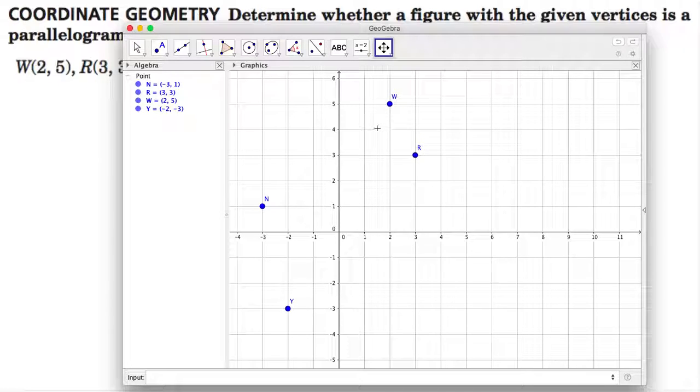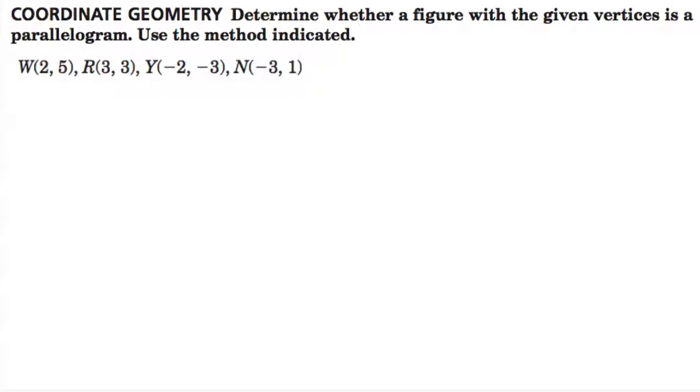Excuse me. And remember, a parallelogram has two pairs of opposite sides that are parallel. So if we show that these opposite sides are parallel, it's a parallelogram. So let's actually do that. So here, WN, let's do that. Let's find the slope for WN and then RY. So WN,